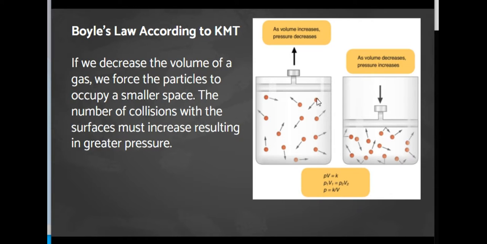If you decrease the volume, so here's our piston, if the piston goes down, so the volume is less, then the pressure inside that container is going to increase due to the increasing number of collisions with the smaller surface area inside the container. And so we get Boyle's law, which is P1 V1 equals P2 V2. And this is an inverse relationship. When the volume went down, the pressure went up,